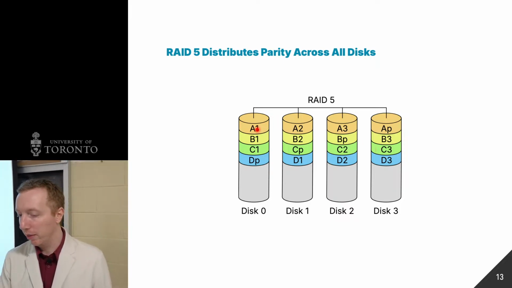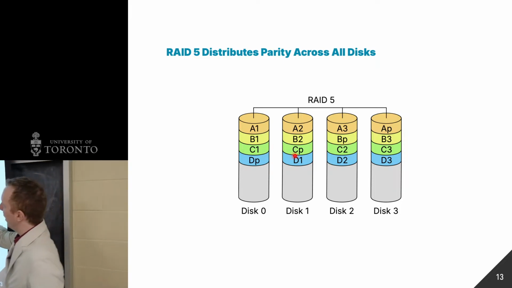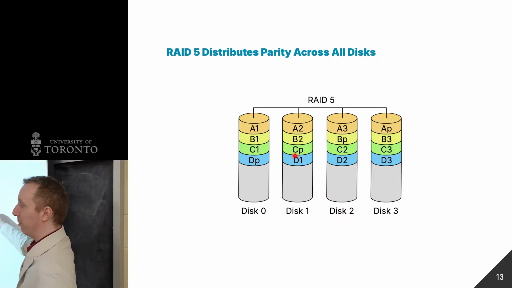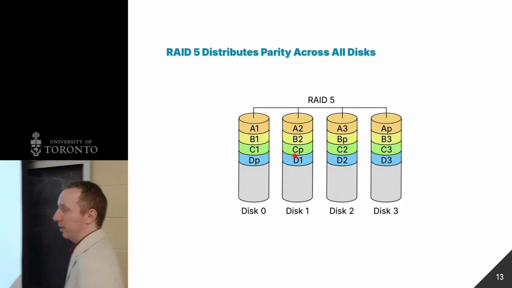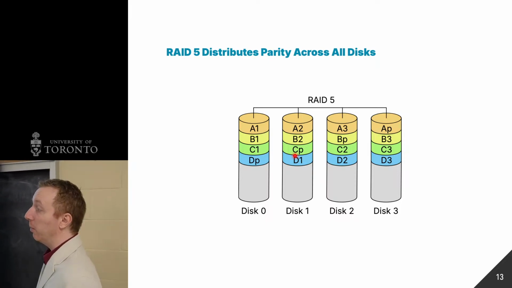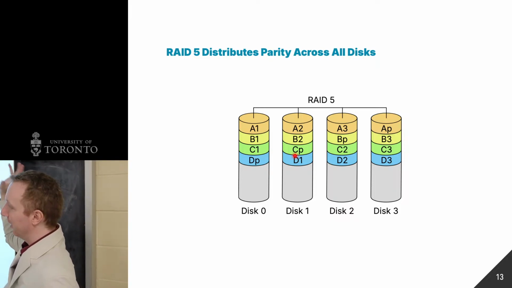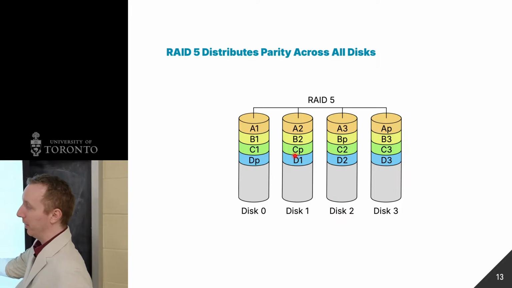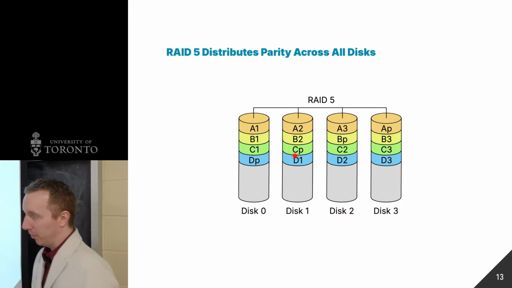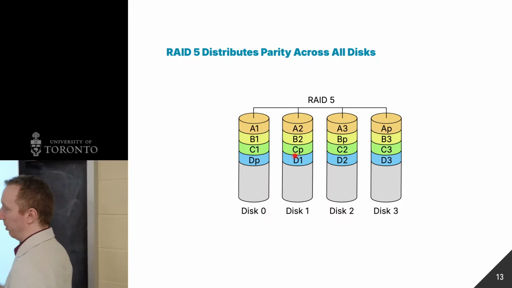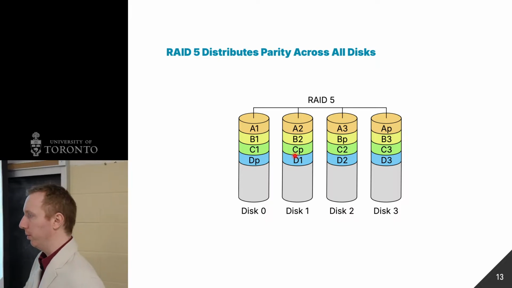But now, updating A just causes a write here, updating B causes a write here, and updating C causes a write here. So instead of doing 1, 1, 1, 3, it's more likely 2, 2, 2, 2. 1, 1, 1, 3 is? Yeah, 1, 1, 1, 3 is bad because you'd have to wait for that operation to complete. You have to wait for 3 writes to happen all on a single disk, right? Yeah, so it's going to be as slow as the slowest one, so we don't want to concentrate them. It'd be better to have 2, 2, 2, 2, or get some 2s in there.